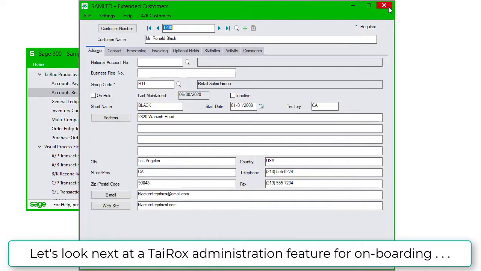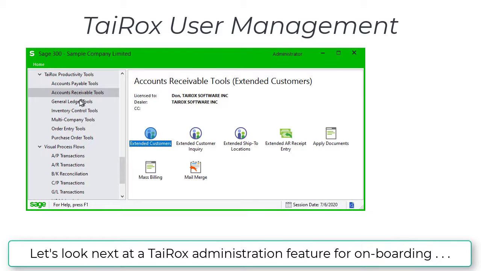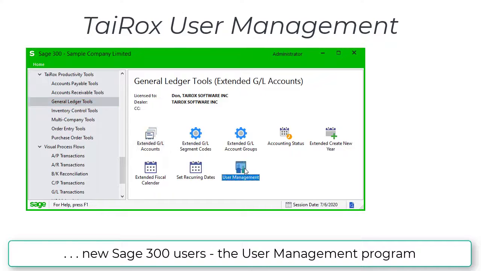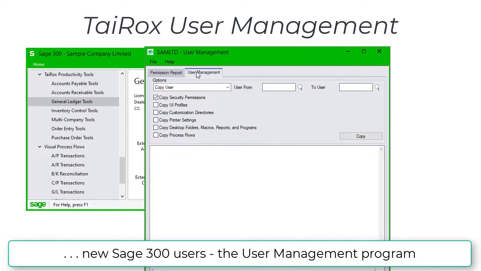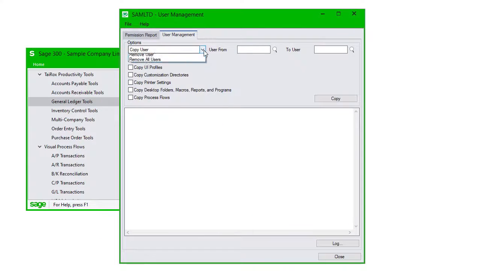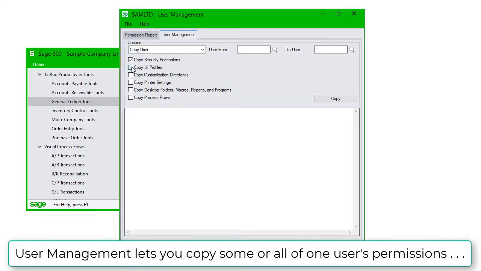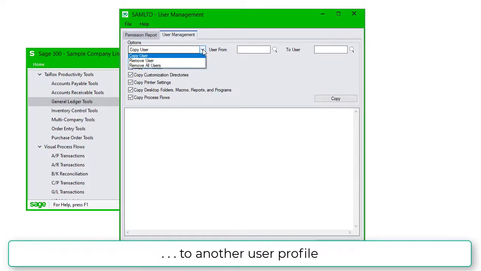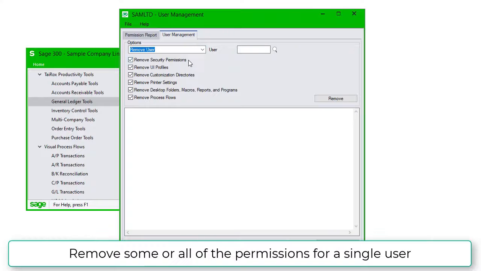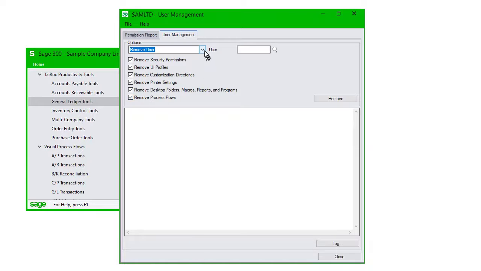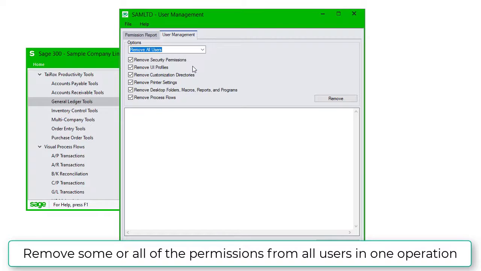Let's look next at a powerful TaiRox administration feature for onboarding new Sage 300 users, the User Management Program. User Management lets you copy some or all of one user's permissions to another user profile, remove some or all of the permissions for a single user, or remove some or all of the permissions for all users in one